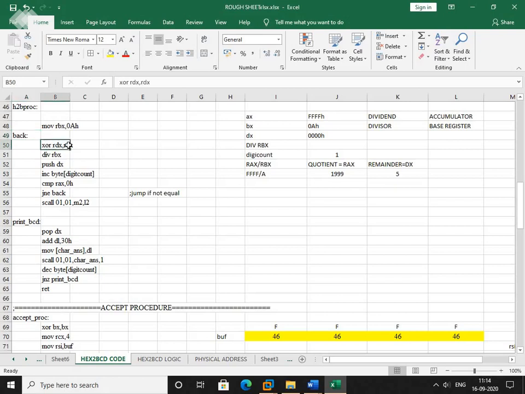Again, next, make the content of RDX 0, right? So RDX should be always made 0. So this we are going to store on the stack. Push on the stack. We are writing here push RDX. The content of this RDX is pushed onto the stack.